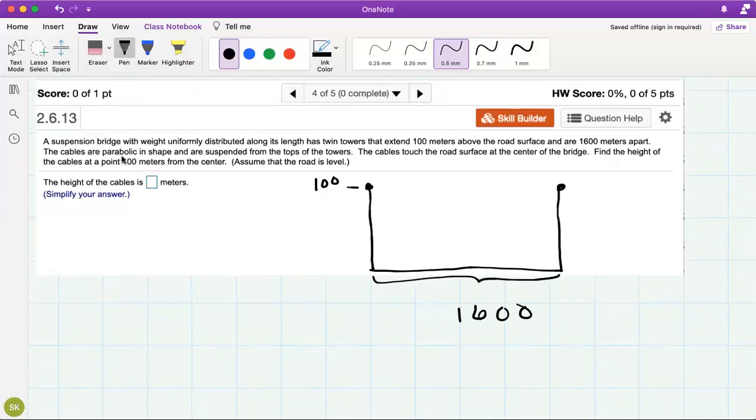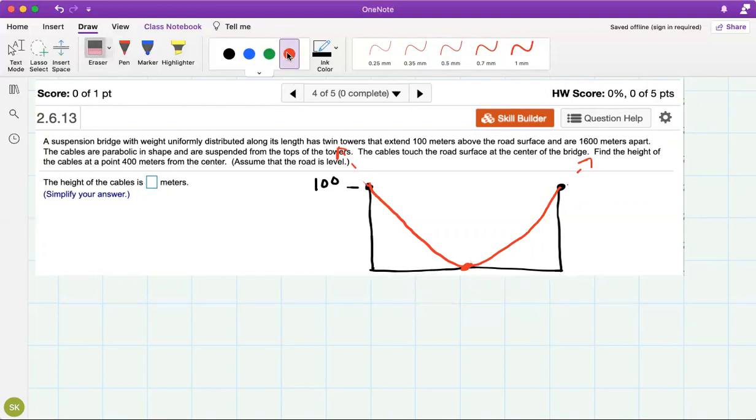And the cables that suspend this bridge are parabolic in shape, and they're suspended from the towers, and they touch the road at the center of the bridge. Like this. So you have a parabola here, and you could continue this if you want to come up with an equation for it. Find the height of the cables at a point 400 meters from the center. Assume the road is level. So all you have to do,